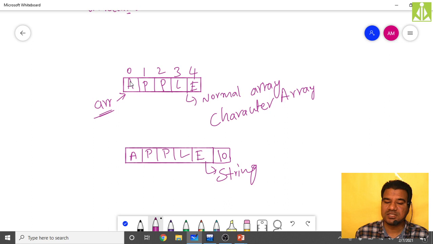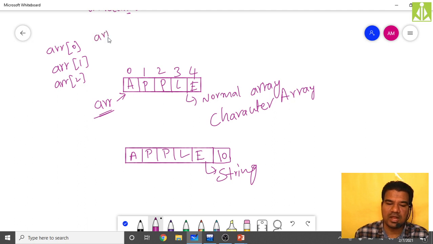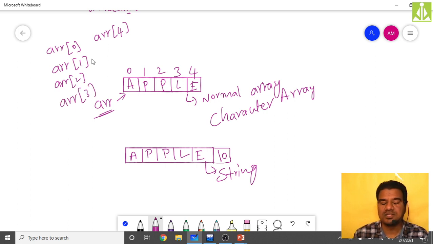To access the first element, ARR of 0. The second element, ARR of 1. The third element, ARR of 2. The fourth element, ARR of 3. The fifth element, ARR of 4. Like this, we can access all the elements from our array.